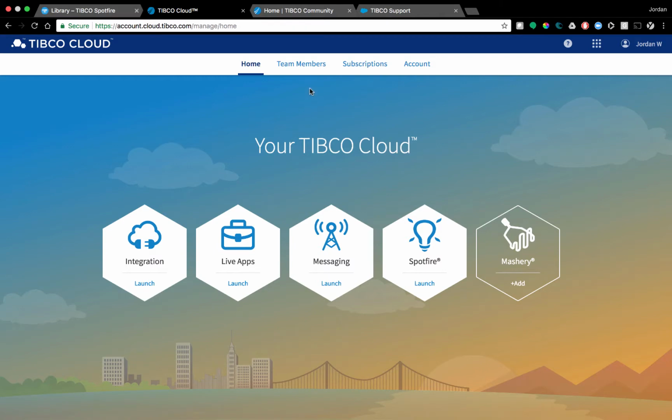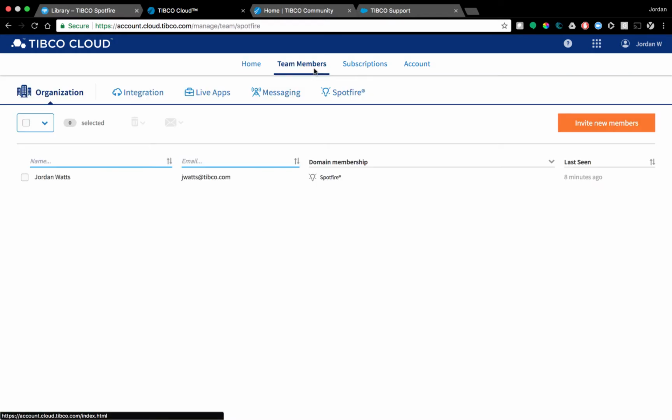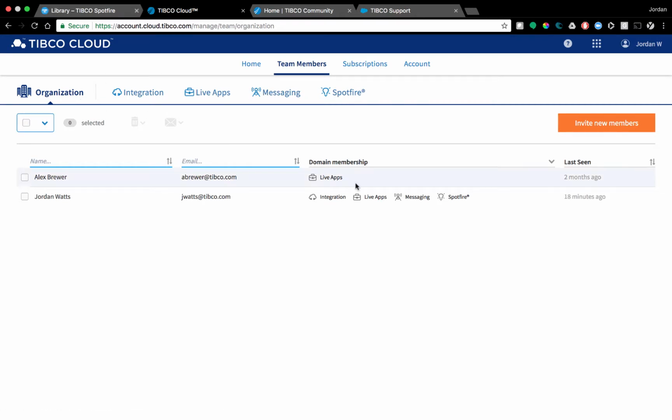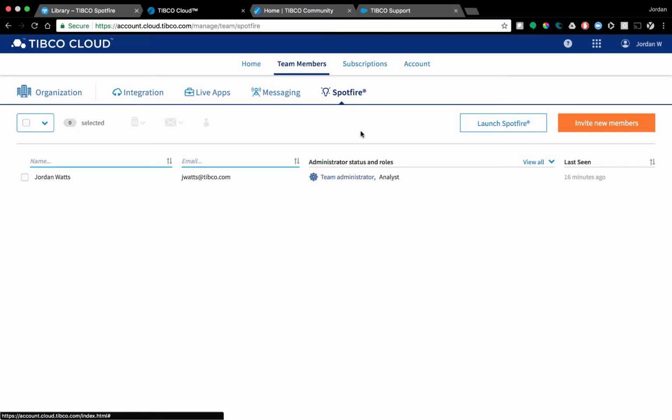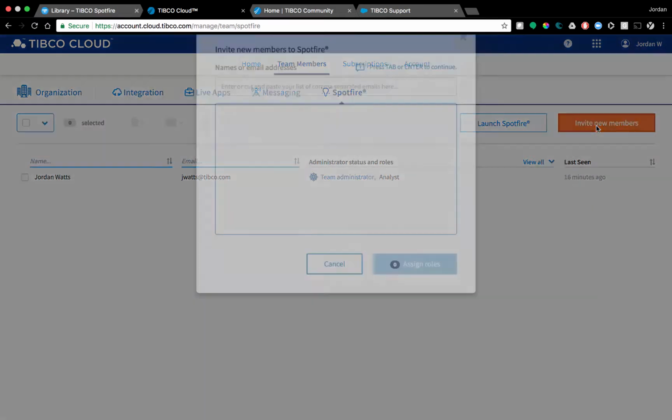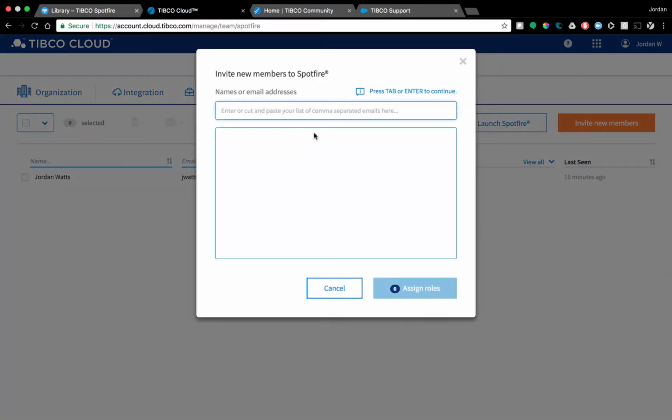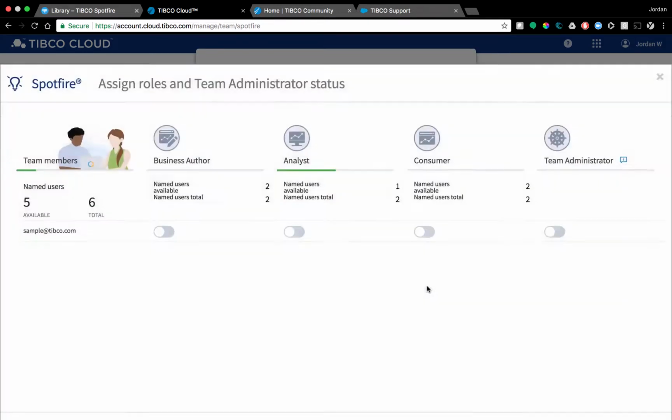The first thing I want to point out is as an administrator, you're going to want to be able to add team members. So the first thing you'll notice is that you have the option to do this for the entire group, but if you're only using Spotfire, just click on the Spotfire button and you can just go to invite new members here, insert some sort of email,